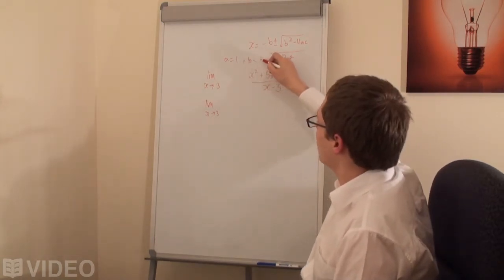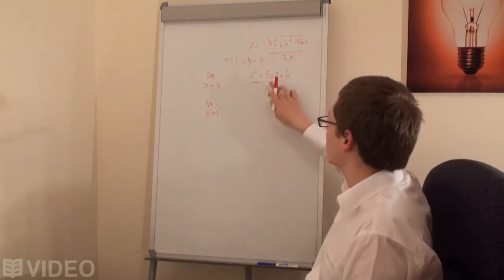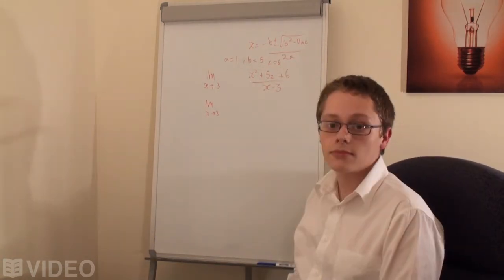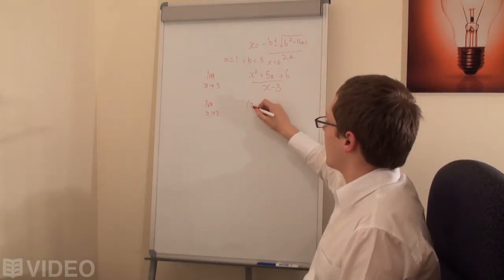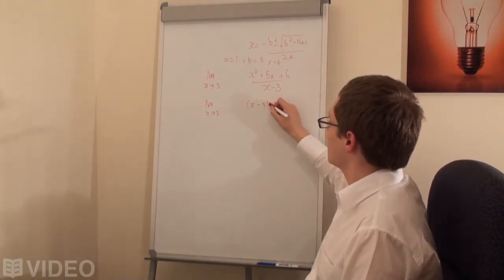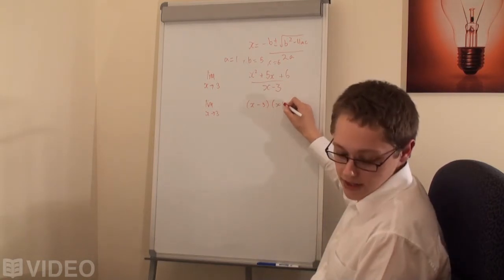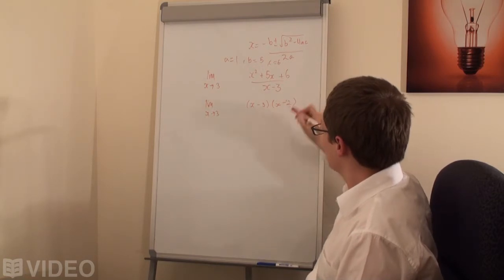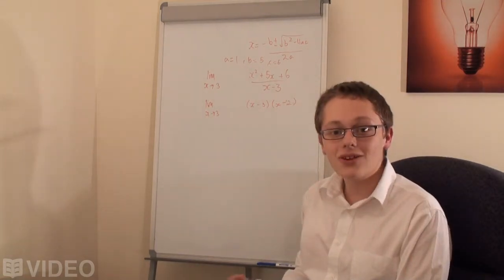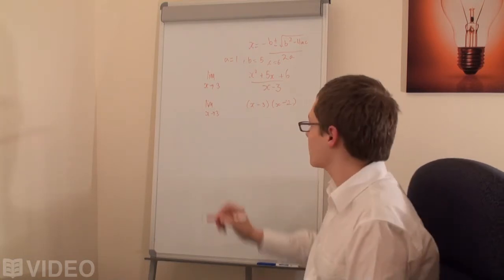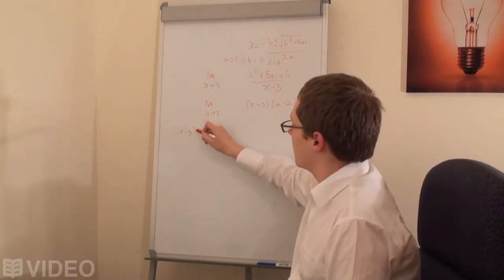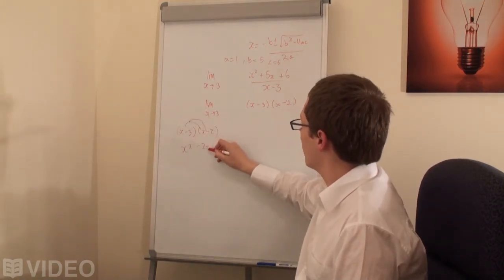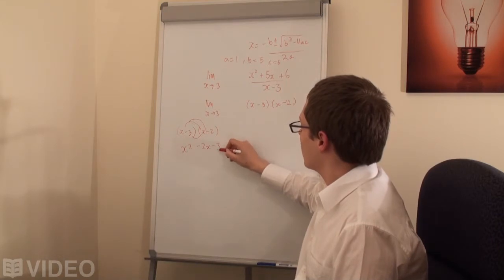We'd have b equal to 5, because that's the coefficient of the term 5x. And we would have c equal to 6. If you were to factorise it, you should find that it comes to this. And if you're not sure, you can always expand it again, just to double check. X squared, take 2x, take 3x,